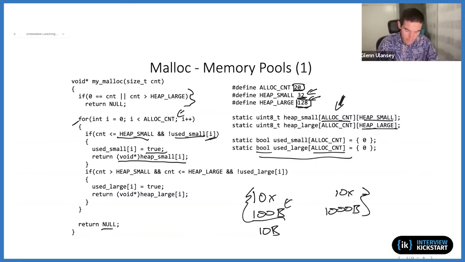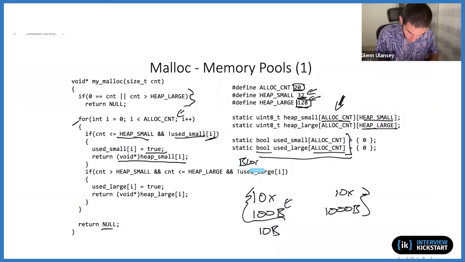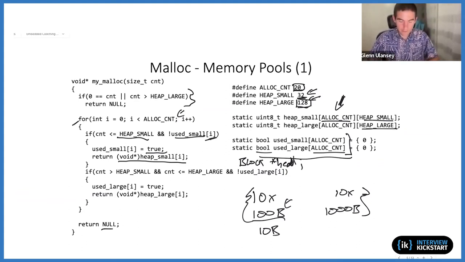So rather than having these arrays specifying what's free and what is in use, what if we instead had a linked list where everything on that linked list was an available block? So if we had something like some sort of global head pointer, then our malloc implementation could instead be just say return,